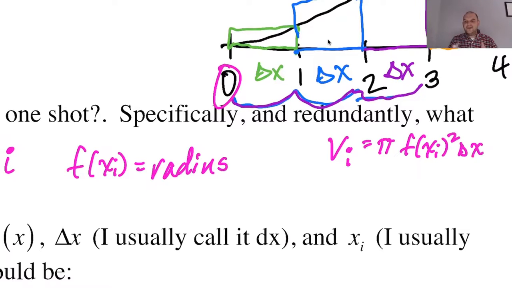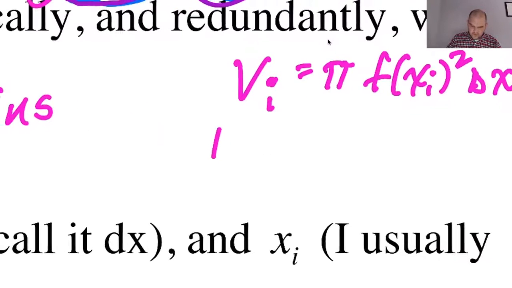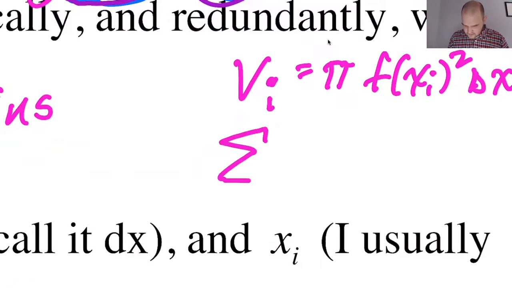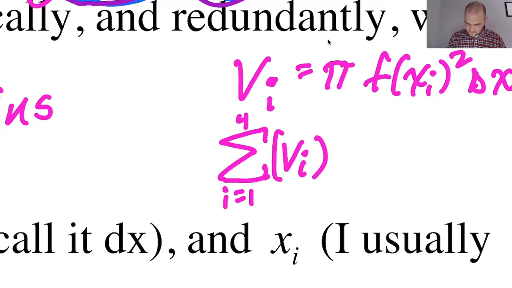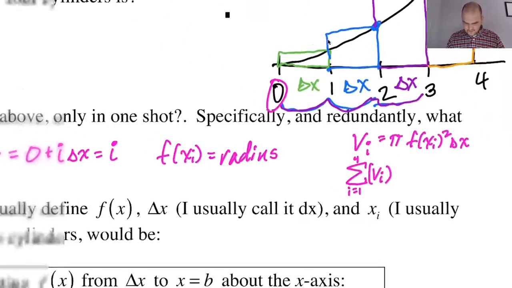And then if I want to add them all up from i equals 1 to i equals 4, I'm going to use a summation. Summations are scary. Oh my word, that went poorly. Let's see here. There we go, I think that's better. The sum from i equals 1 to 4 of v sub i. Okay, so